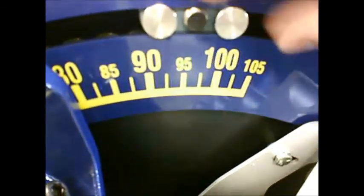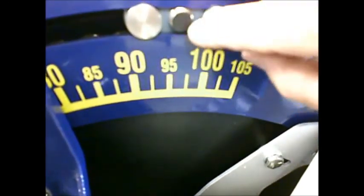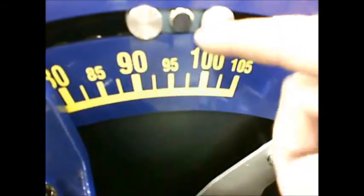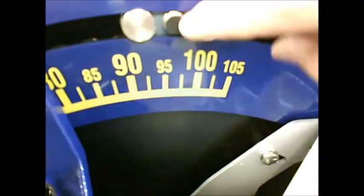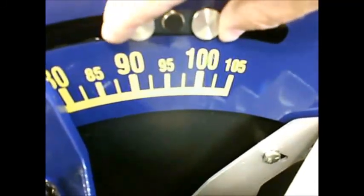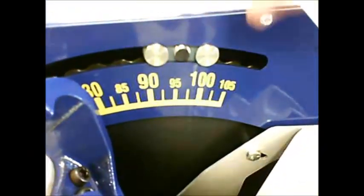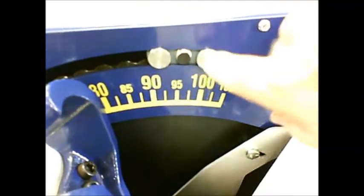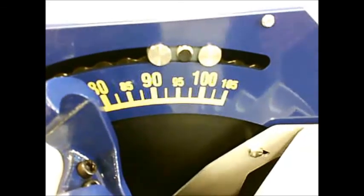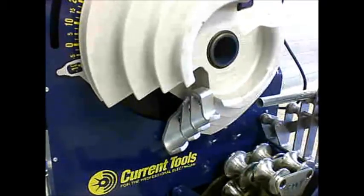So when you're setting the proc sensor, the center portion is the proc sensor itself. These two are the mounting studs for the proc sensor. You can see I've set the circle approximately above 97 degrees. As in any bend, the first one gets you very close. Then you can use the proc sensor and it'll stay in this location so you can do repeat bends very accurately. Okay, so I'm going to bend a piece of 3/4 EMT conduit, and to load